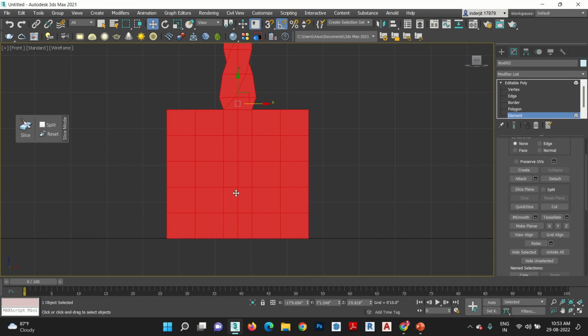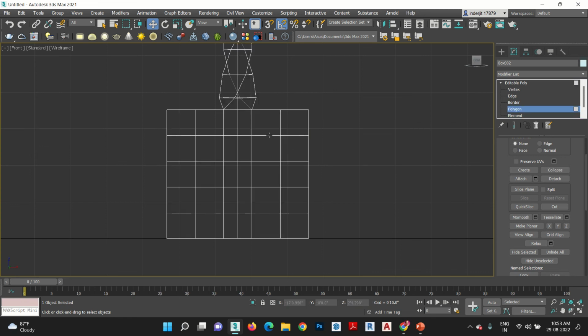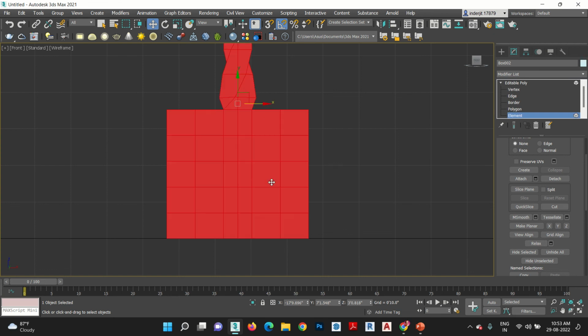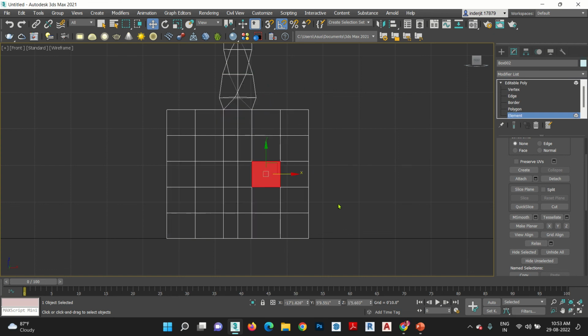Look, one more edge has come. Now if you go for polygon, this is a separate polygon and this is a separate polygon, right? But with slice only, the object remains one. The whole object will remain one. If you go to element and select, it will select as a whole, not as a half, right? But if you want to